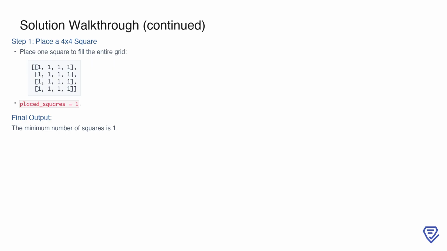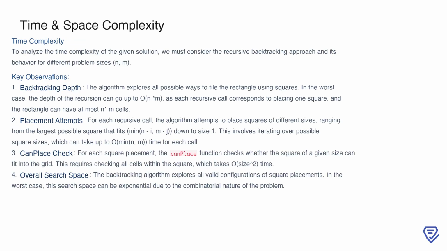This placement results in a grid where all cells are filled, and the total number of squares used is just 1. Since no smaller number of squares can be used to cover the rectangle, the minimum number of squares required is 1. This demonstrates that for square grids, the optimal solution is always a single square that matches the dimensions of the grid. To analyze the time complexity of this solution, we start by examining the behavior of the recursive